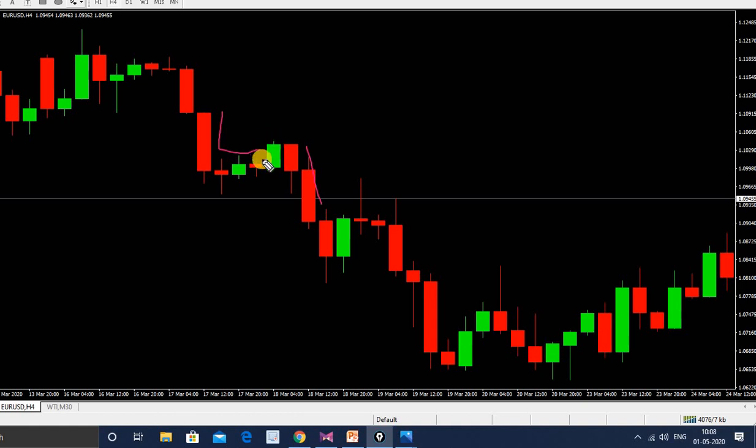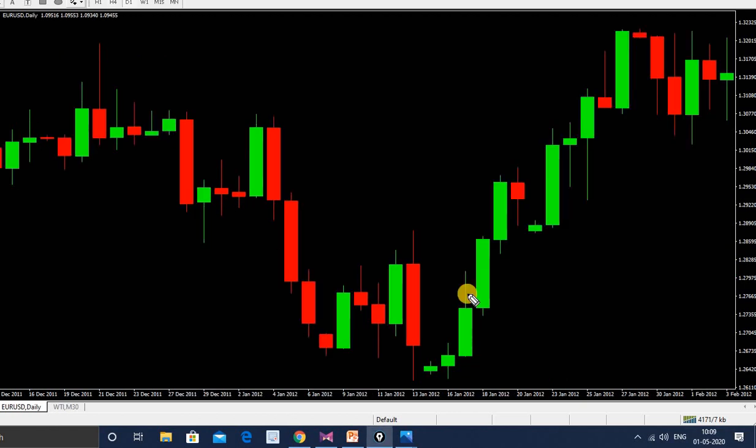See, this one, you can say this is a rally, but it's actually a Marubozu candle, and this can be considered as a part of the base. That I'll tell you later. So drop, base, then there was a rally. Okay, let's not consider this. See, then this is drop, base, drop. See, this one is an example of rally, base, rally, base, rally.